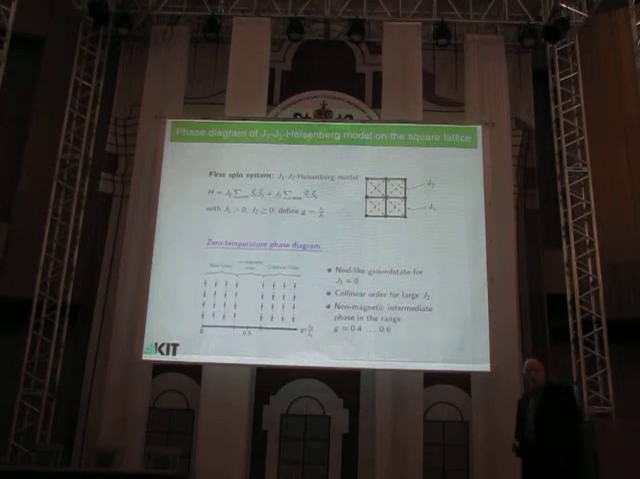Then what has been found in numerical studies is that for small g, when the nearest neighbor interaction dominates, you get the usual antiferromagnetic state, up, down, up, down, up, down, and so on. When the next nearest neighbor term dominates, you get a so-called collinear magnetic state, where you have rows of up